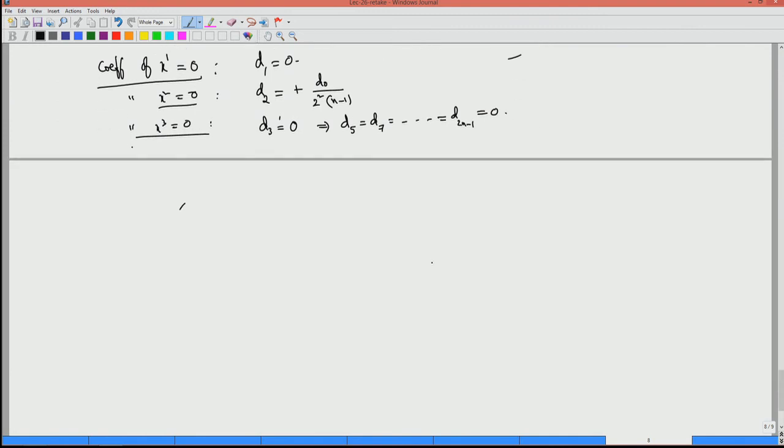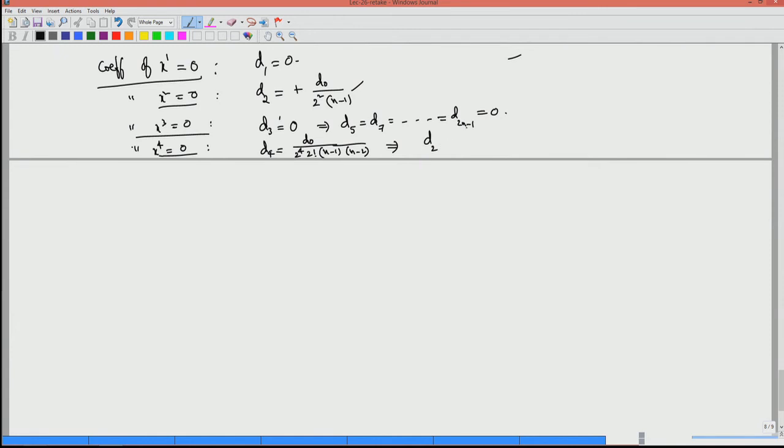And what happens to d_4? You can calculate, say, coefficient of x power 4 equal to 0. If you make it equal, you get d_4 as d_2 divided by something. d_2 you already know from here, if you substitute you will see that d_0 divided by 2 power 4 into 2 factorial into n minus 1, n minus 2. So this is what you will get. So from this inductively you can write. And you may have to calculate d_6, you try to calculate d_6 and put it in this form. From that you can see the trend and you can write